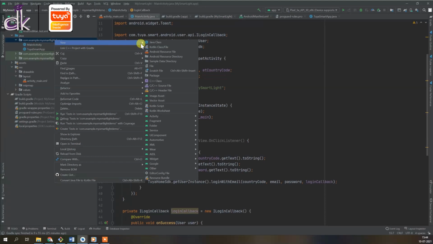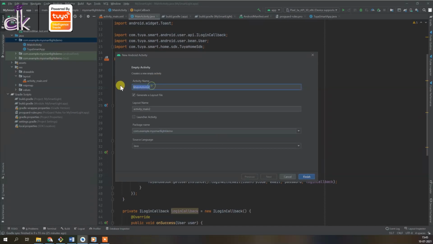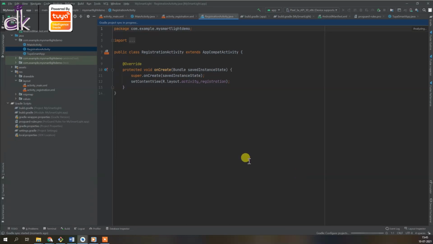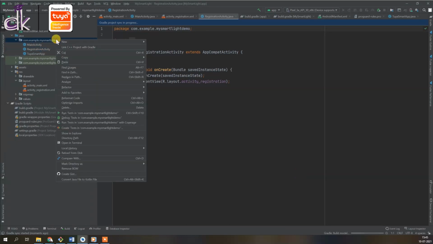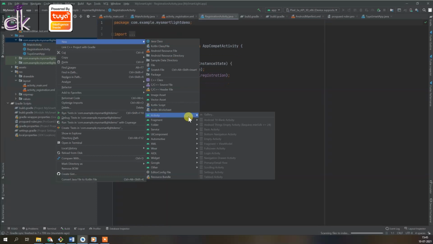So let's go ahead and now create our new activity. Again, it's going to be an empty activity, and call this registration activity, and click on finish. And we'll also create another activity which is the home activity.